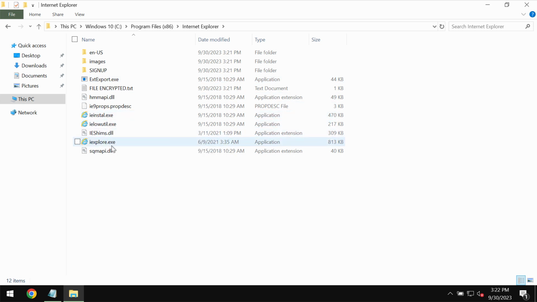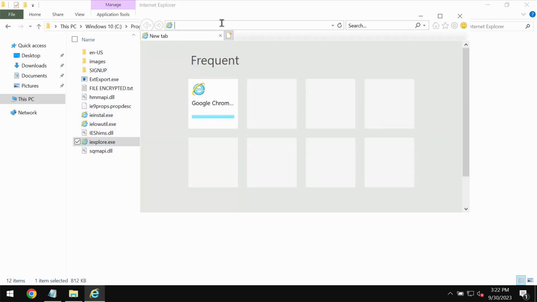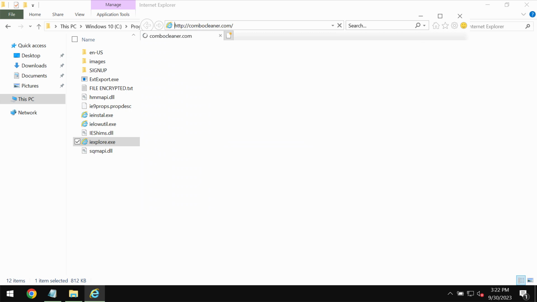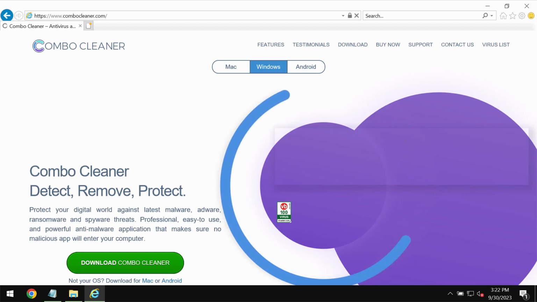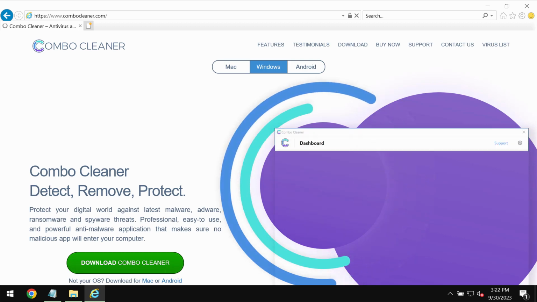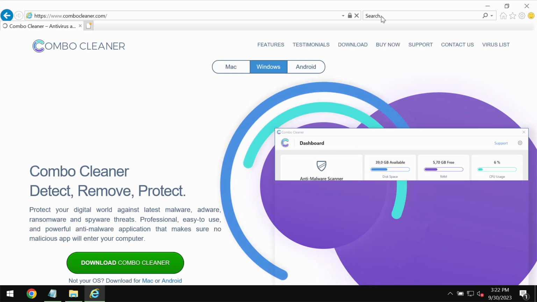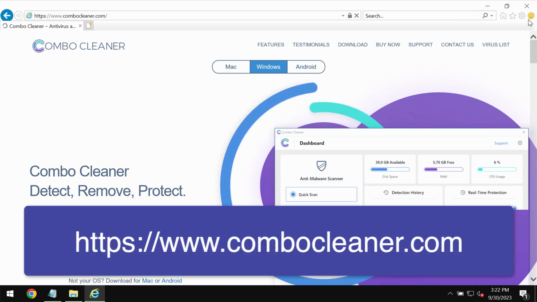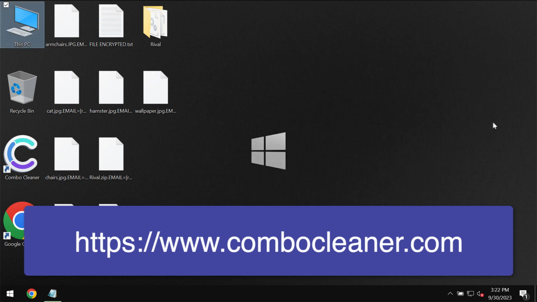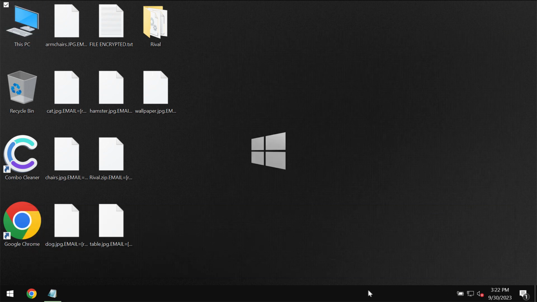I recommend you to use Combo Cleaner Antivirus for this purpose. You will need to use your Internet Explorer browser to download it because other browsers may also be damaged by this ransomware. Therefore, through your Internet Explorer browser, go to the page combocleaner.com, download the application, install it,